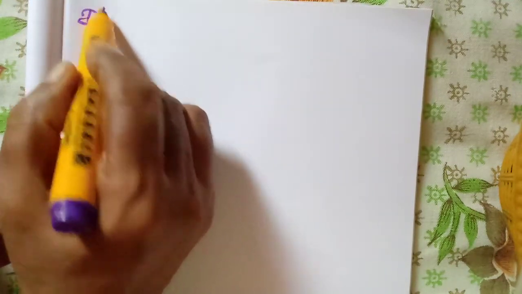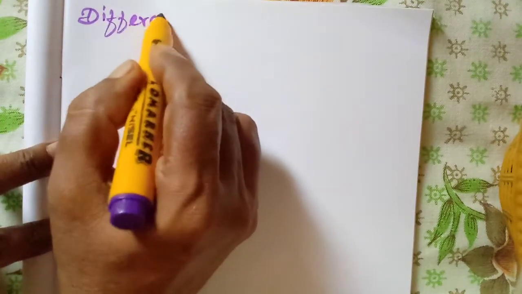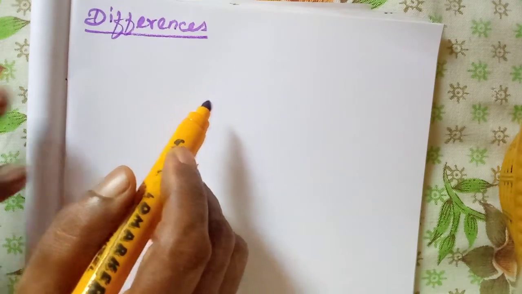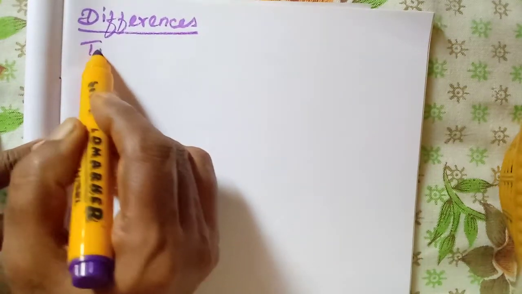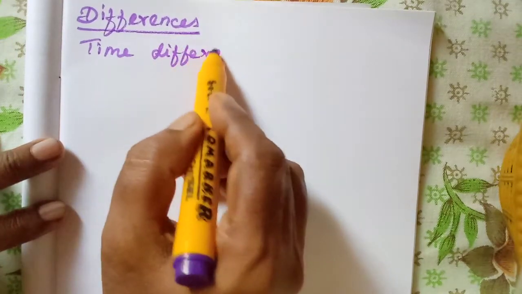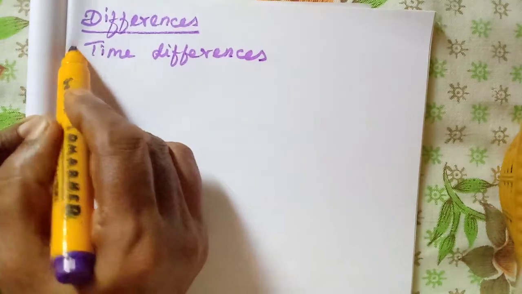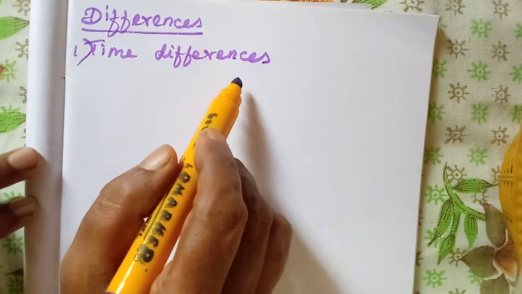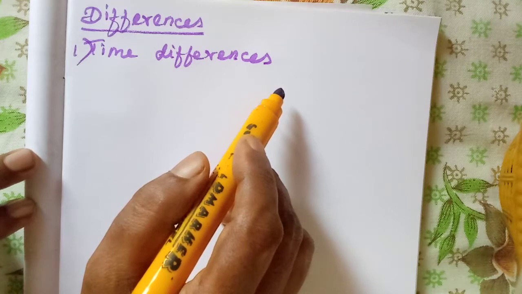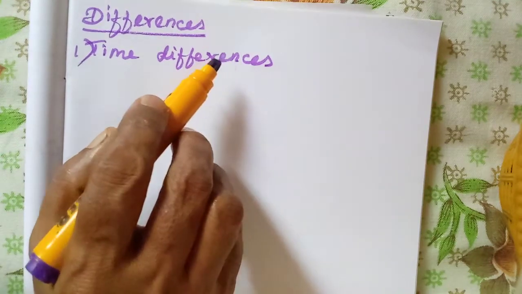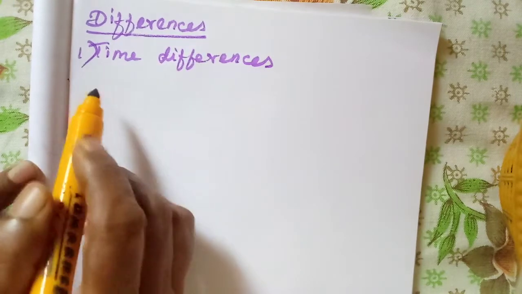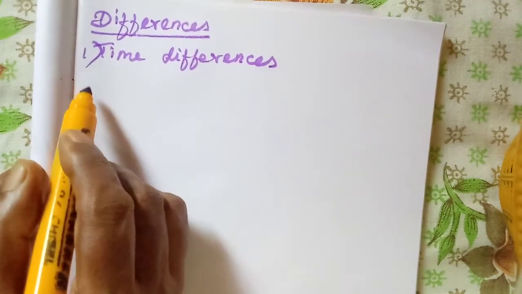Okay, we learned that differences occur. Why do these differences take place? Because of the time difference, that we will learn in detail. Okay, number one, time differences. Number two, errors they may make, either in the cash book or in the bank passbook. Now we will see what the time differences are.